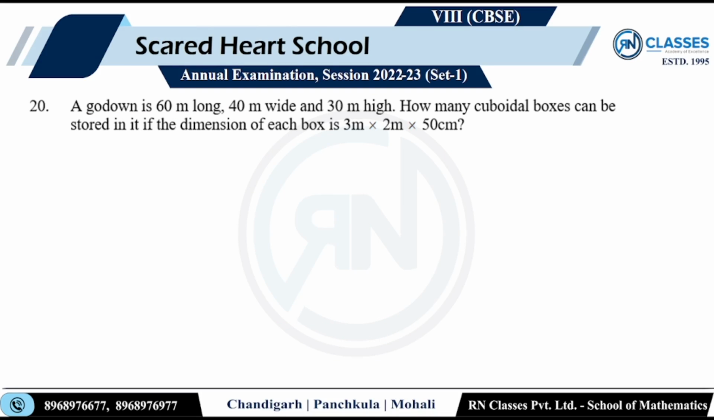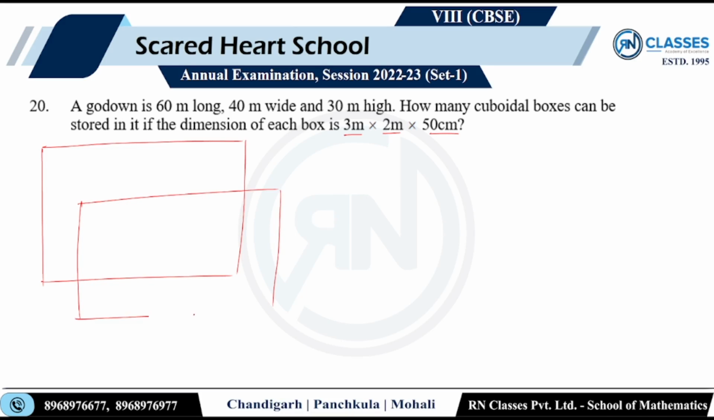Next, a godown is 60 meters long, 20 meters wide and 30 meters high. A godown, how many cuboidal boxes can be stored in it if the dimensions of each box is this, right? अब एक ध्यान दो, आपके पास एक गोडाउन है वो भी क्यूबॉइडल, क्योंकि लेंथ ब्रेड्थ एंड हाइट दी हुई है। आई विल टेक दैट लेंथ ब्रेड्थ एंड हाइट, ठीक है, एज कैपिटल L that is 60 meters, capital B that is 40 meters and capital H length breadth and height that is 30 meters। इसके अंदर छोटे छोटे बॉक्सेस रखने हैं, राइट।